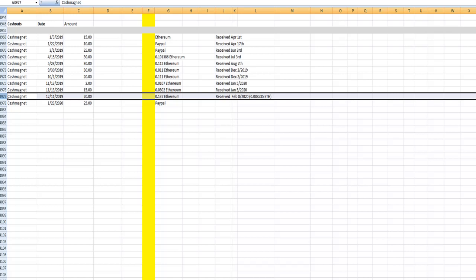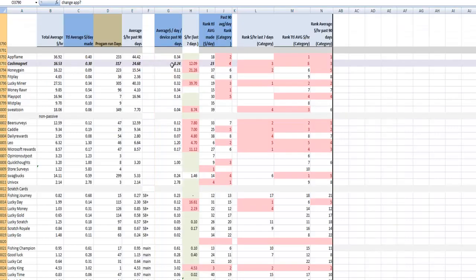So here we are at the spreadsheet. As you can see, I've cashed out from Cashmagnet quite a bit. In the beginning, it used to take about 3 months between request and payment. Now it's down to about 2 months between request and payment, so that's a good thing. And so now here we are at the stats page. As you can see, it still ranks pretty good on the 90-day average. It's always in the top 5. It's always very consistent too. The program just runs like a workhorse, and